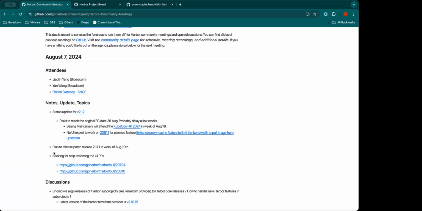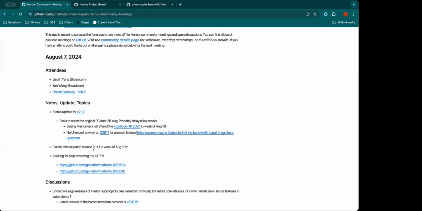Okay, so the second one is about the patch release for 2.11. 2.11.0 has been released for almost more than one month, and we have seen some issues reported in the GitHub Harbor project. For some of the issues, we want to release a faster patch to address them.